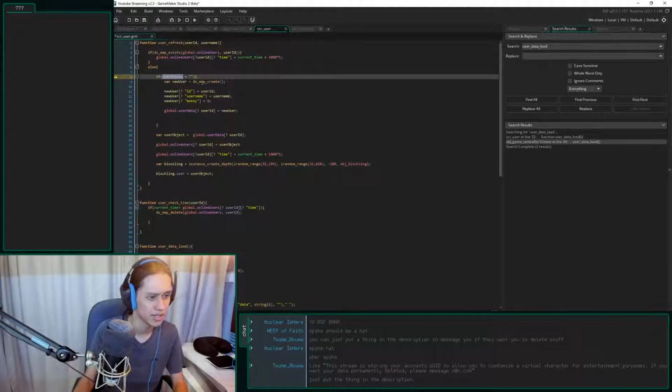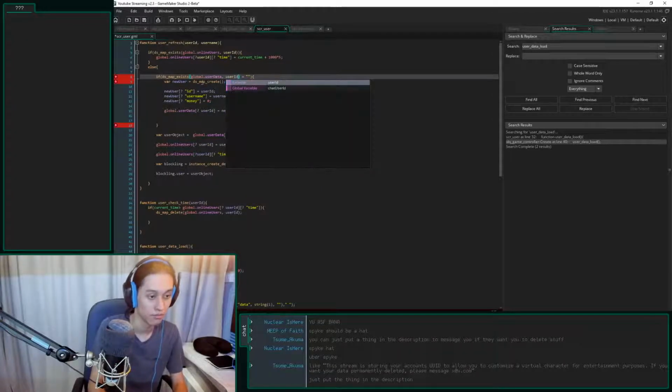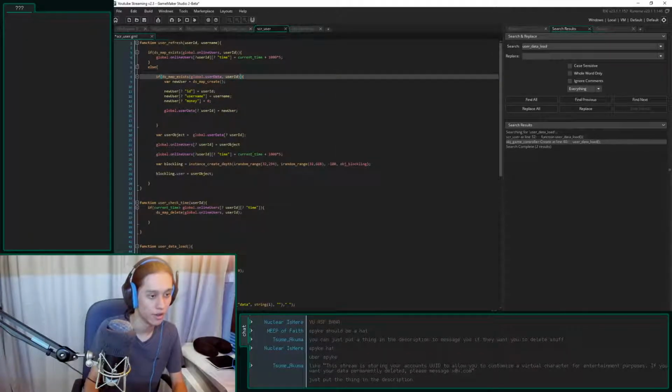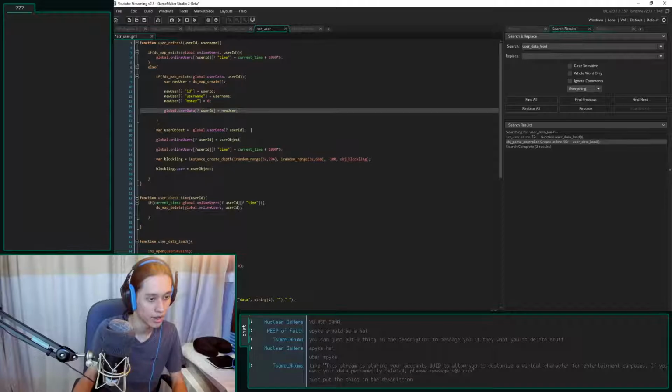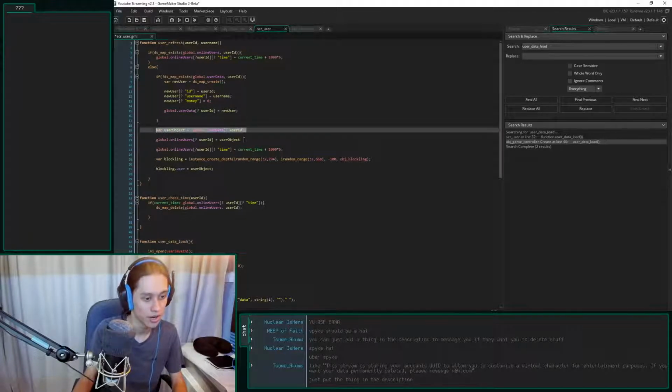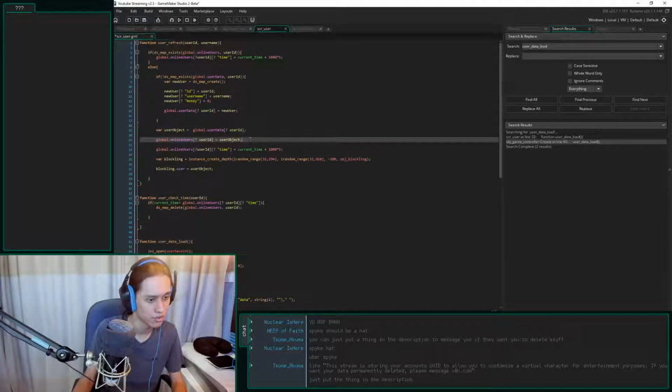If user exists, I can just do if dsmap exists in global.user data, and the key is the user ID. So if you do not exist, then we create one. And then other than that, the user data is always created past this point. That's right, global.user online users equals user object. Yep, that's the user object right there.